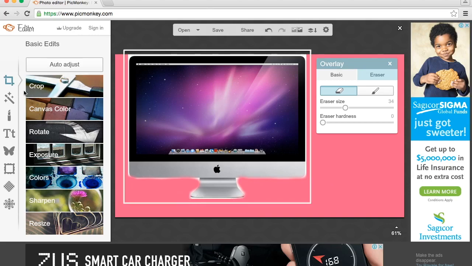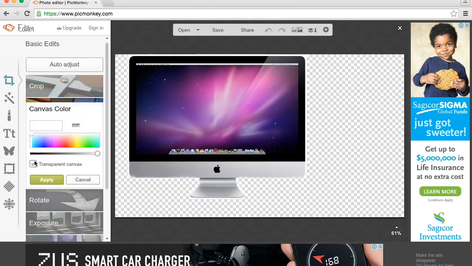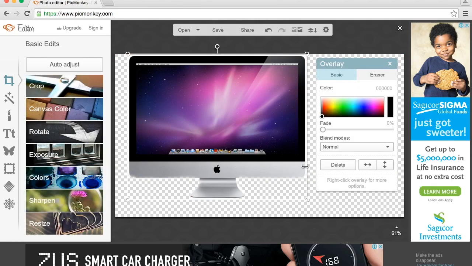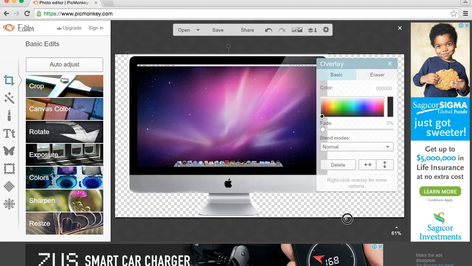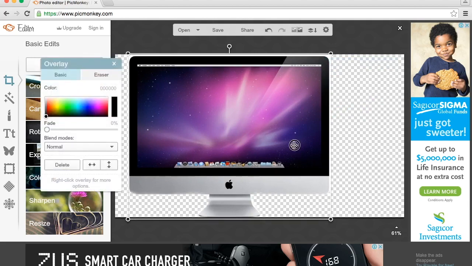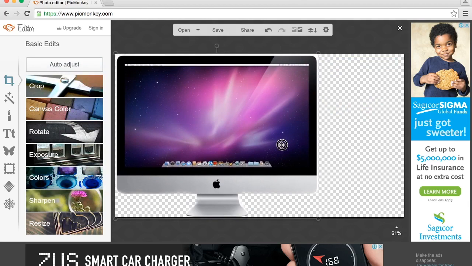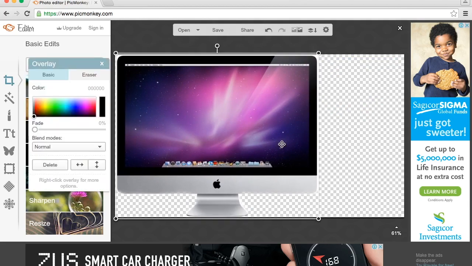I'm going to change back, and I'm going to do canvas color, and I'm going to go transparent and apply. Click the image, and then you can pull from the four corners to expand the image or to make it smaller. It's really dependent on you. And then I'm going to save it like this. Then I'm going to